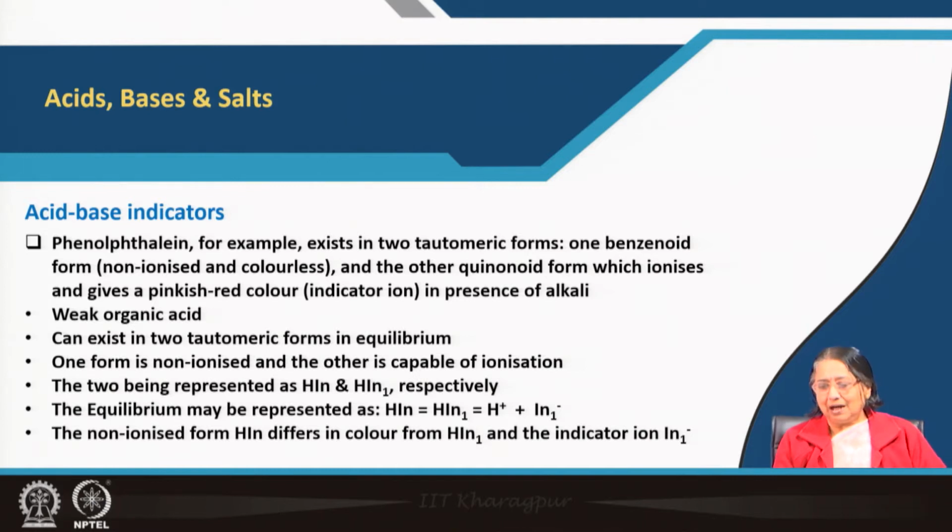We all know about the two indicators, one is the phenolphthalein indicator and another is the methyl orange indicator. We all use, even from our school days, we are habituated in using these two indicators for our acid base titrations. How is it happening? Why are they changing the color during our titration? When it is acidic, it shows one color, when the solution is basic, it gives another color, that I will tell you today. Now, I am starting with the indicator phenolphthalein.